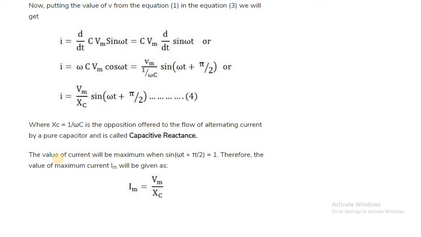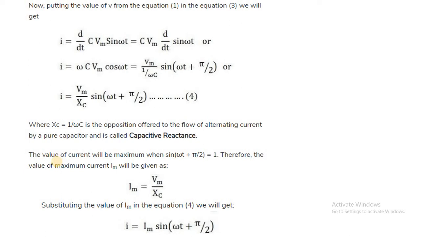Okay. So by using this value of Im, we can write the equation of I is equal to Im sine of omega t plus pi by 2. So this is the final equation of current, which tells me that the current we are getting in a pure capacitor circuit is a leading current, and that current is going to lead the voltage by an angle of 90 degrees. This 90 degree angle is anti-clockwise, so it is a positive angle, so we are getting the leading relationship of current with respect to the voltage at the reference axis.